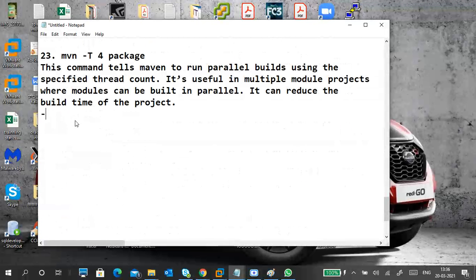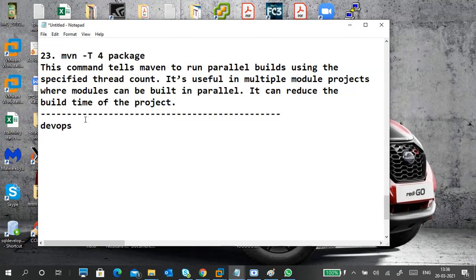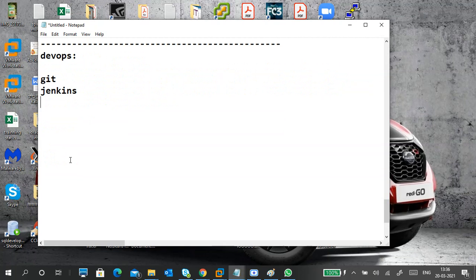So here I want to tell you something. In DevOps, guys, remember what we did? We did Git and we did Jenkins. Whether you did Jenkins or not, I'm not asking you now. I want you to do something in Git, whether on your own GitHub. Please tell me if you did it in your own GitHub, your own link.